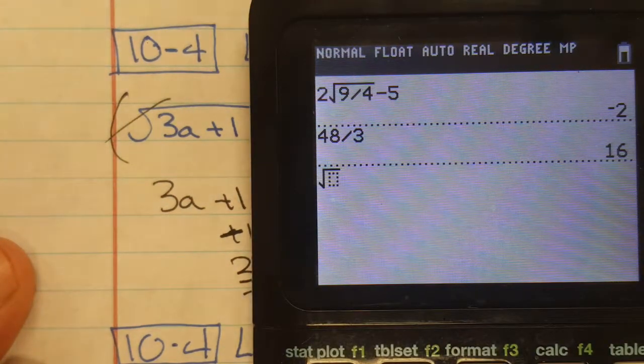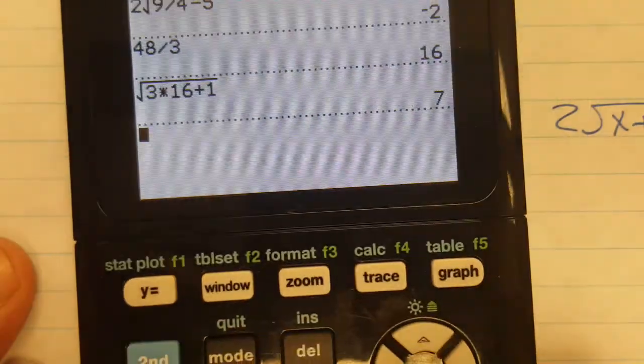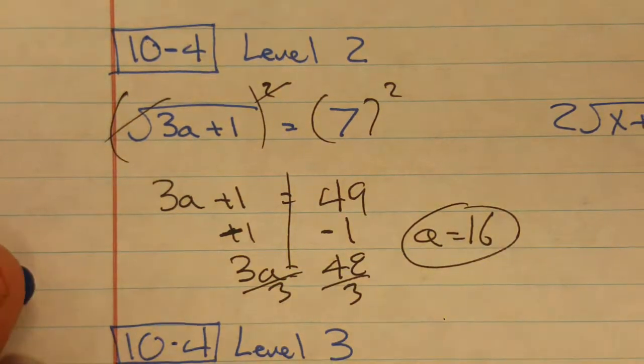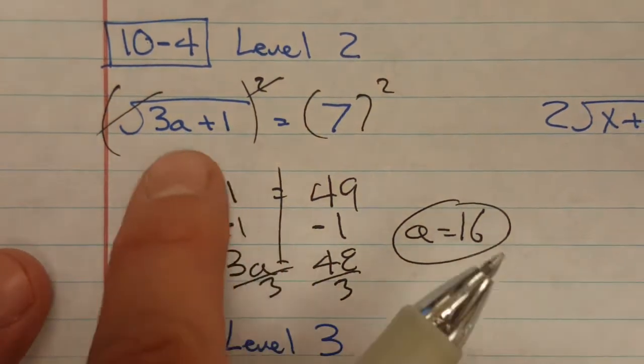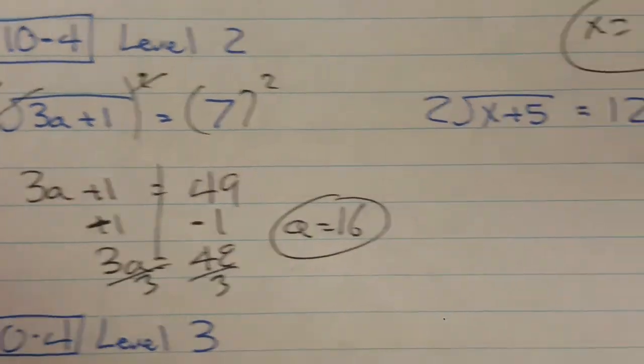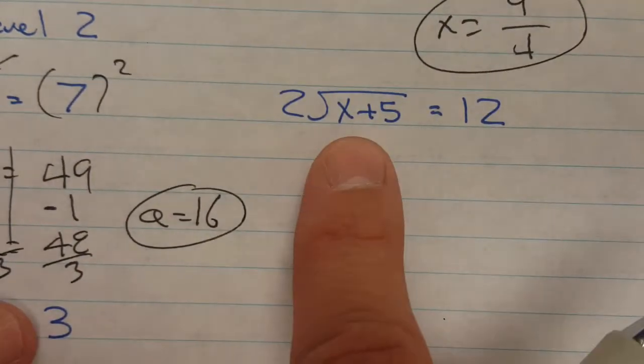Square root of 3 times 16 plus 1. Nice, equals 7. All right, good. I checked my work. Plug it back in, it should work out. All right, next one. Now this one we have a big square root, but we also have something